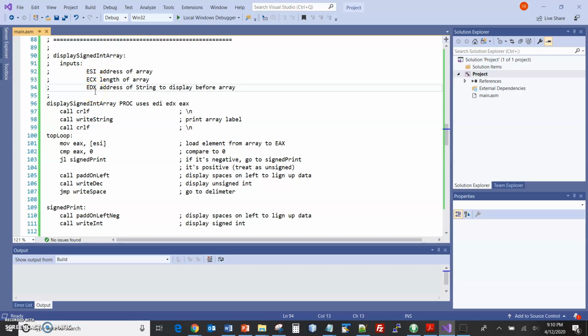So it's similar to the dump mem that the author has provided in his library. That dump mem has a series of registers that are loaded. These are different registers, but the idea is those registers are loaded, and then you go call the procedure. Well, the idea of writing a macro